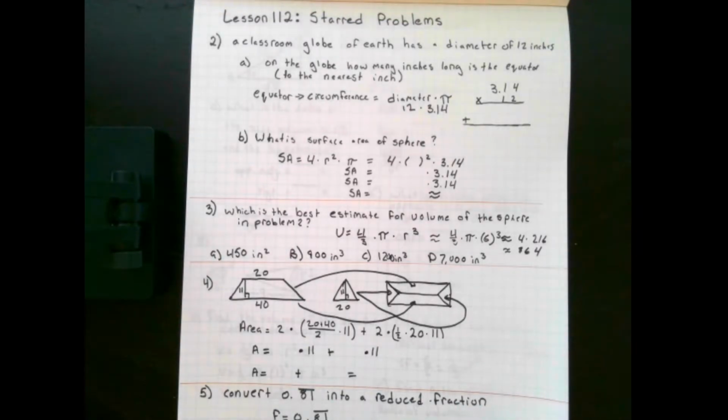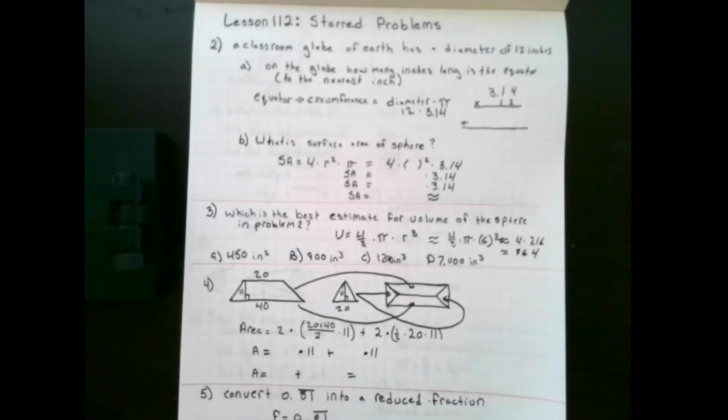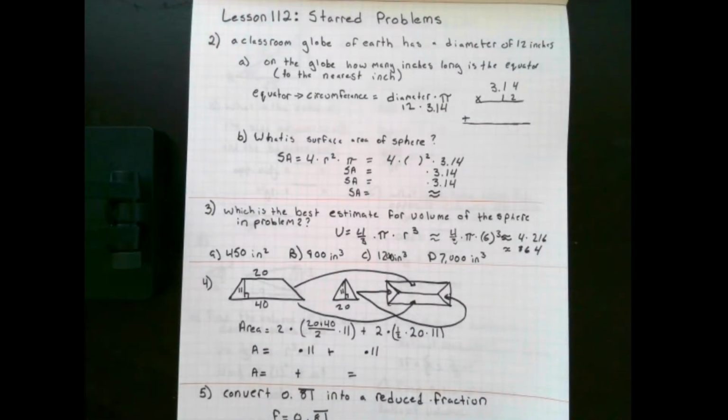Welcome to Saxon Math Course 3, Lesson 112, Starred Problems. Now, Lesson 112 discussed the ratios of the side lengths of right triangles. So we're going to see a couple of problems like that in our starred problems, but we're starting off with a look back at the lesson that we ended the week on last week, which is the surface area and